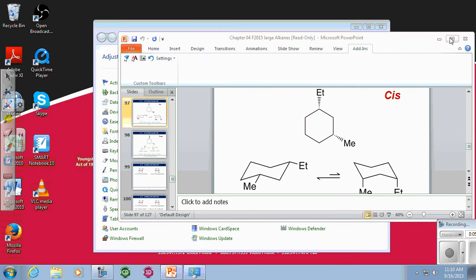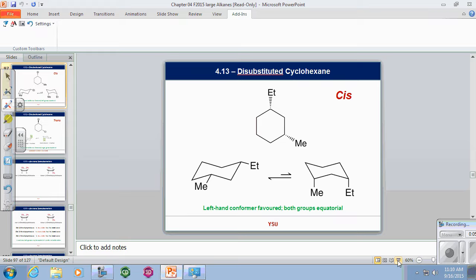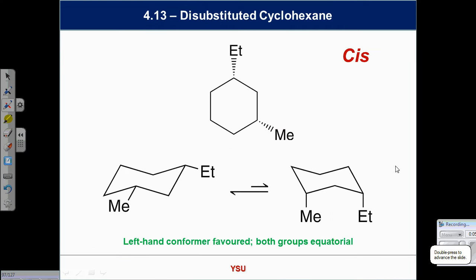On my slide here, I want to point out on the flat picture, there's your problem. We use that symbol to show that problem. That's the issue. And don't forget that the way we draw these structures, we've sort of gone backwards and we've said, let's take out all the complexity. But you've got to remember that this is not just small. This is large. This is large. They get in each other's way. So once you get this, it's fairly obvious. Things want to be equatorial. If they happen to be axial, then